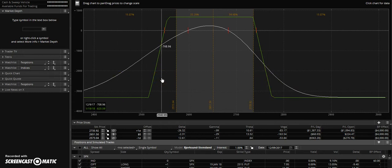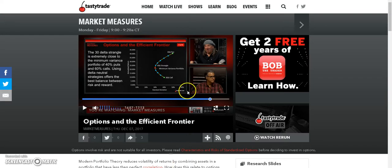And there were other things I was looking at that had higher returns, but the problem was that I didn't see them as being particularly sustainable. So if you do a GC butterfly, you'll get a lot of theta in there, but your hits are going to be really big when you take a hit, and I don't think you can recover. So when I did the Kelly ratio, this kind of worked out, and we actually got confirmation from Tasty Trade now that